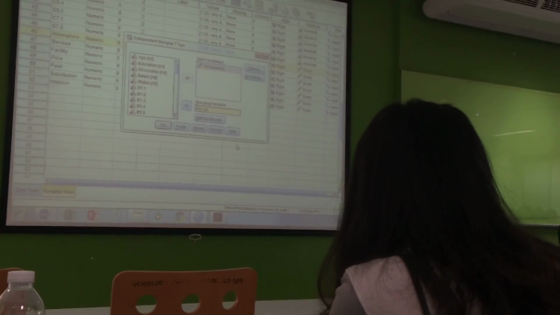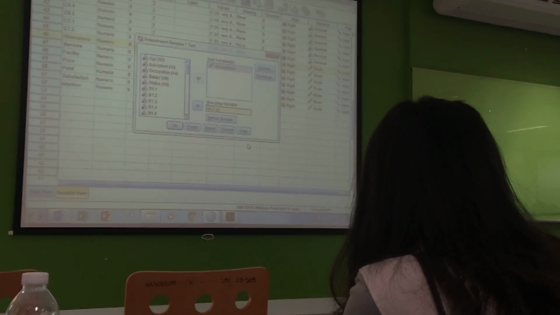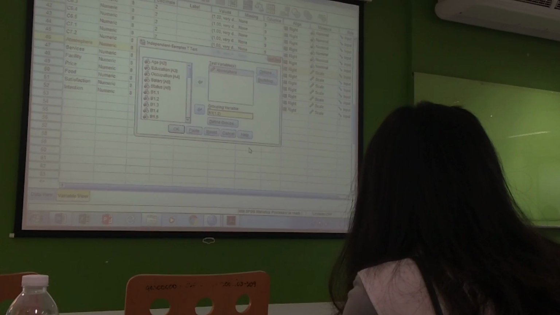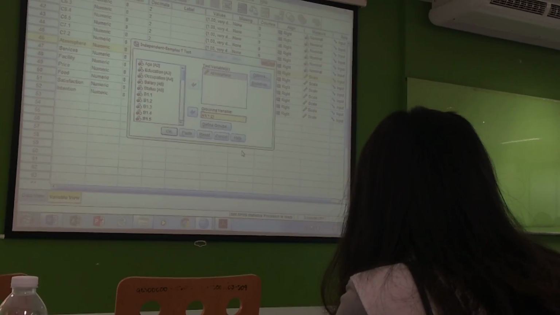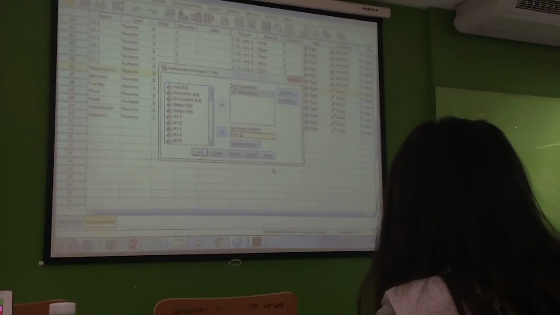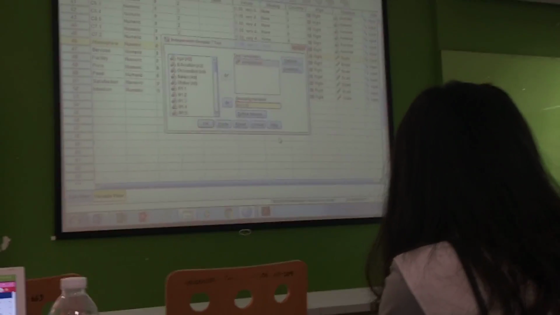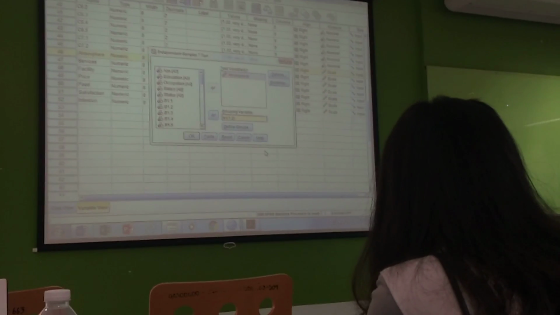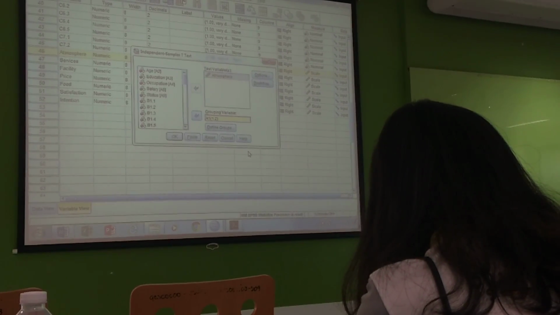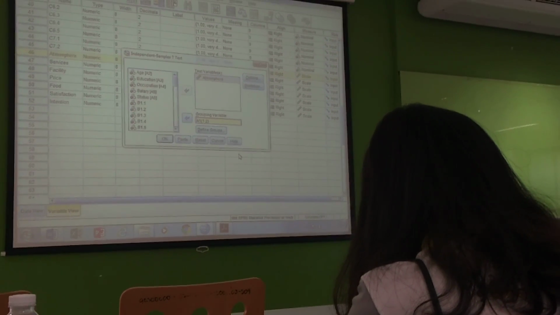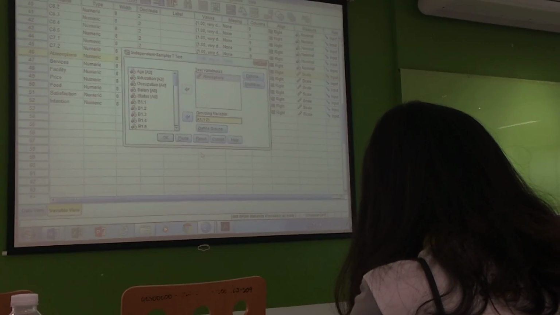H0, no different. H1, significantly different. H0, not significantly different. Okay, I just say it in short form, okay? ให้จำไว้นะครับก็คือ H0 ก็คือไม่แตกต่าง H1 แตกต่าง เข้าใจไหมเอ่ย